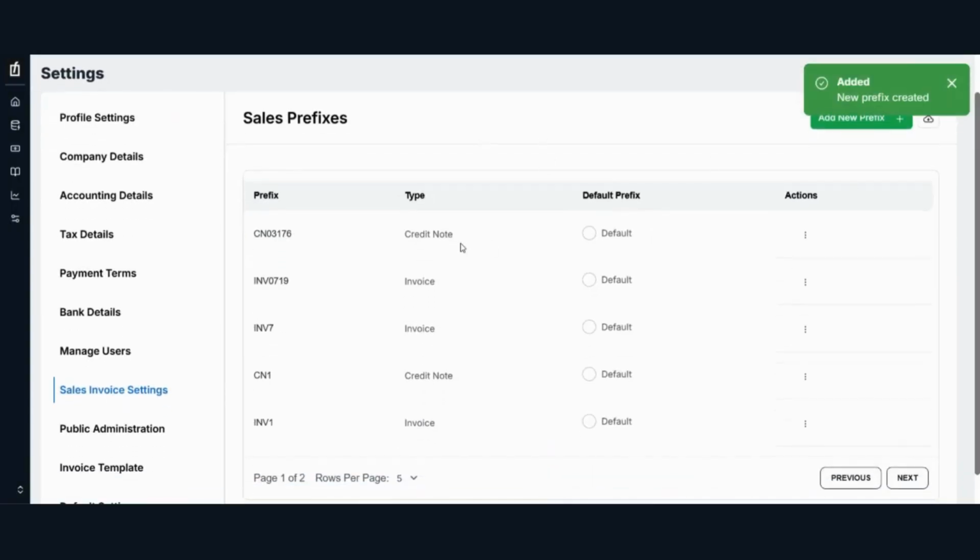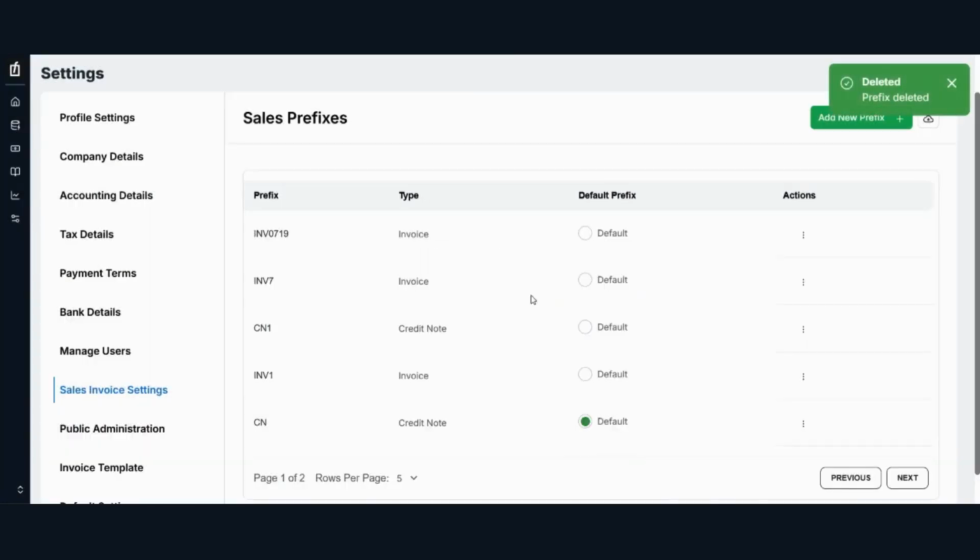See this. Actually, I am just selecting or adding this kind of prefix for your reference only, so that's why I'm showing it like this. If you follow the same procedure and want to set this prefix as default, then it comes as default, or if you refresh the page, it comes the same. If you want to deactivate, you can deactivate. If you want to delete, then you can simply delete it.